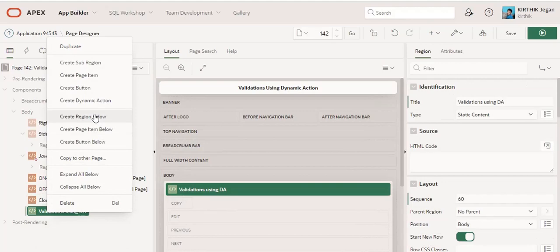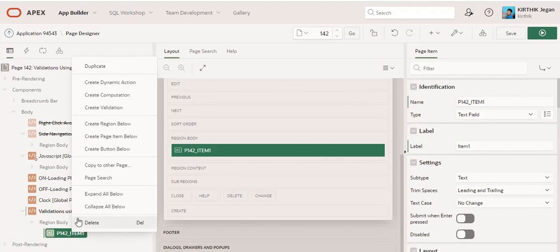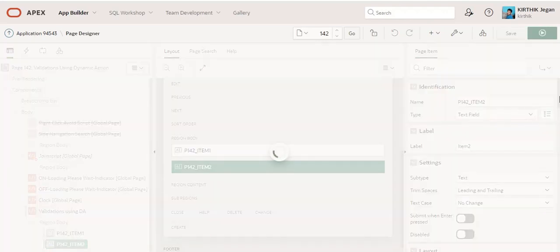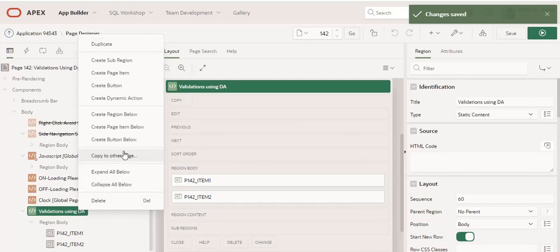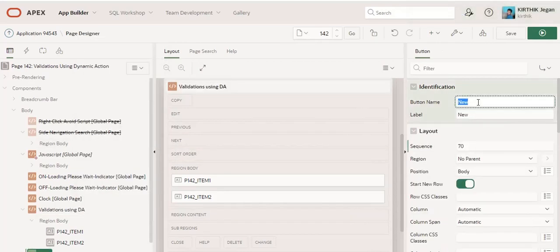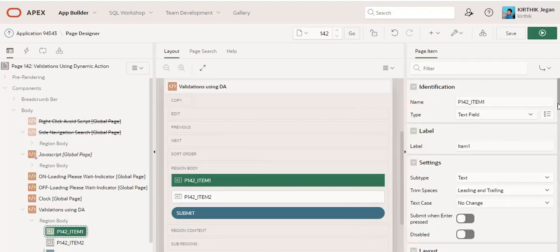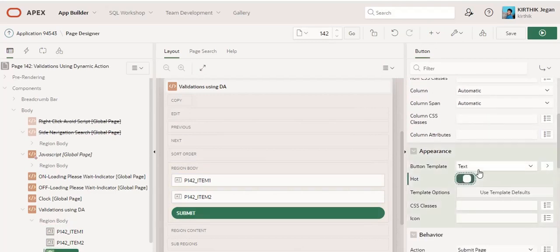I am going to create a page item, and another page item, item 2. Click save. Next I am going to create a new button. I gave the name as submit. Region is main. Click save